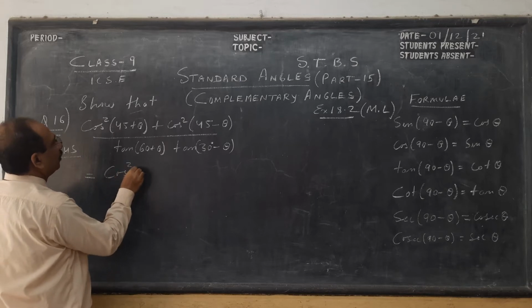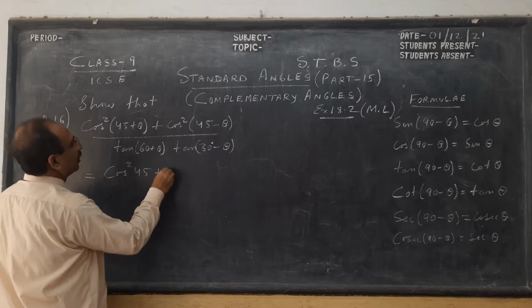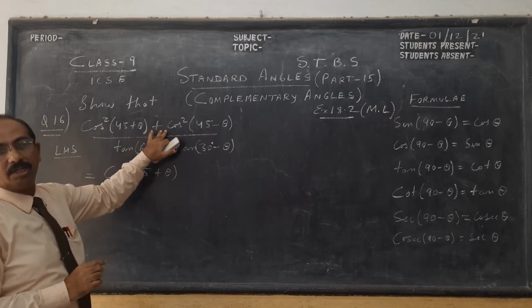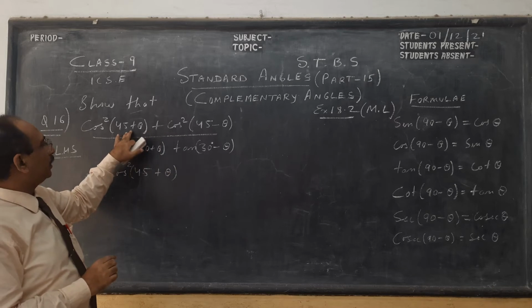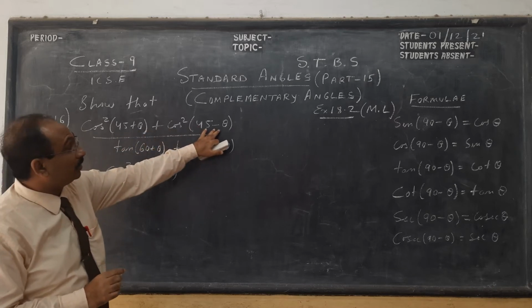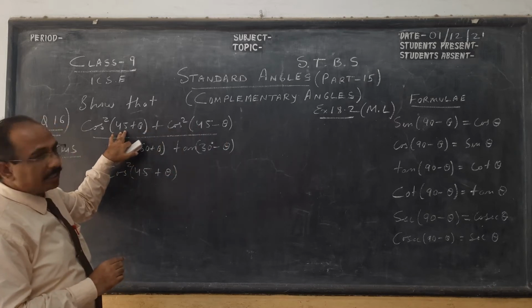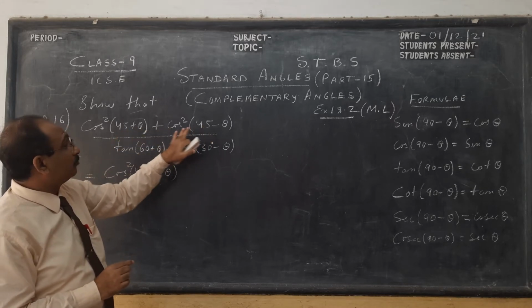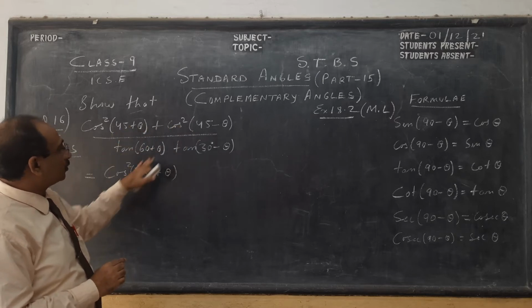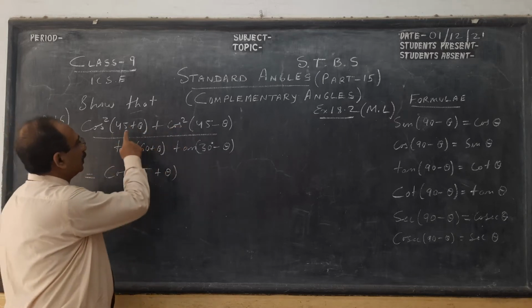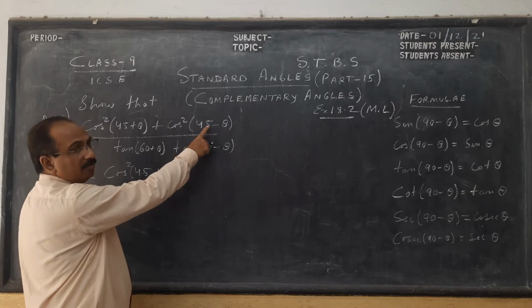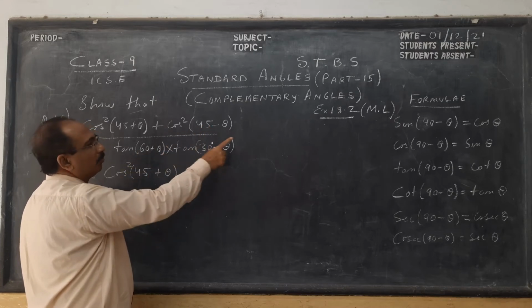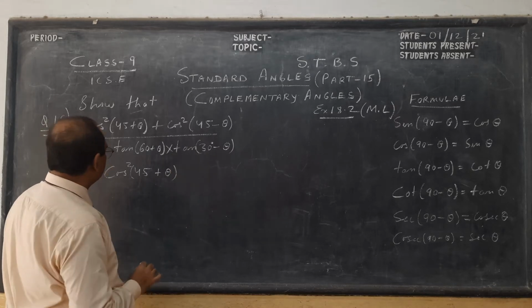So see here, one of the values I leave it like this, because our basic idea is to get numerator 1 and denominator 1. So sine square theta plus cos square theta, but remember this value or x, sine square x plus cos square x, this should be the same angle. So this cos remains cos, this I have to convert to sine. So sine square plus cos square, same angle, we will get 1, and in the denominator we will see we will get 1. 1 by 1 is 1. So this is what I can see in the beginning.